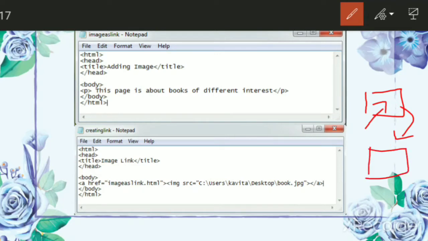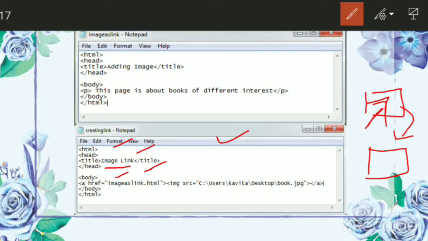In this case, the image works as a link. First of all, we will create this HTML code in which we have taken the HTML tag, then the head section. In the head section we have given the title to the web page, which is Image Link, and we close the head tag.